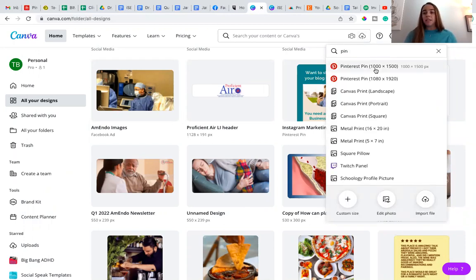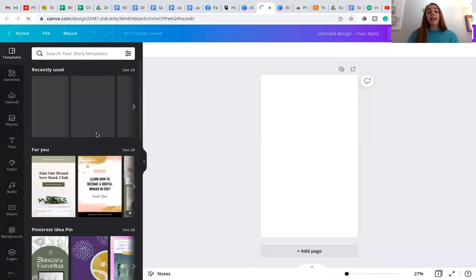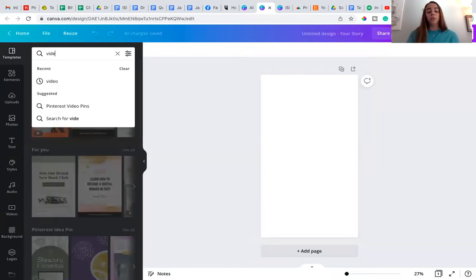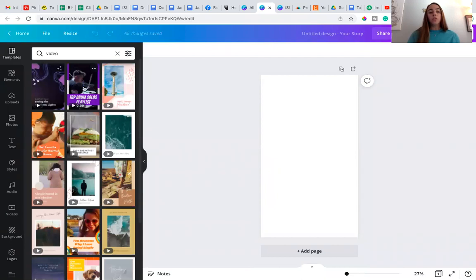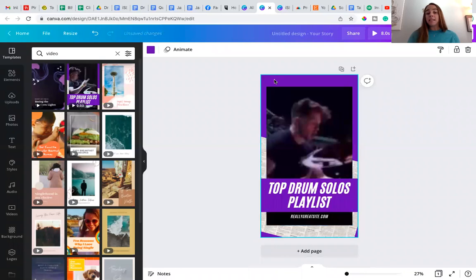Pinterest images at different sizes. So you can try different sizes, like I said, but also get creative with your Pinterest templates by adding video into these templates as well. That will help increase those user views, because if you do video, you can add your video to this image, customize the colors, change up the content,